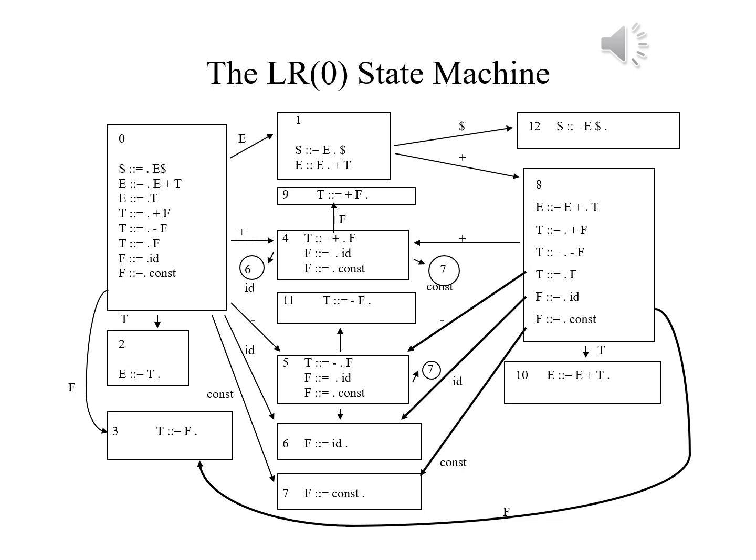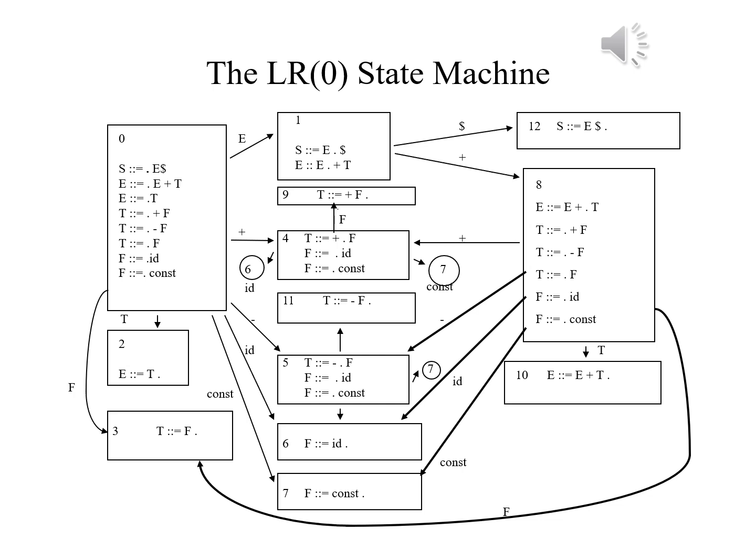Let's take a look at state 8. It's a different story. On T, we have a transition to state 10, E derives E plus T dot. The others all are to states that we've already seen before. On plus, we go to state 4, on minus to state 5, on ID to state 6, and on constant to state 7. With this accounted for, we now take a look at state 9, which is a final state, 10 a final state,